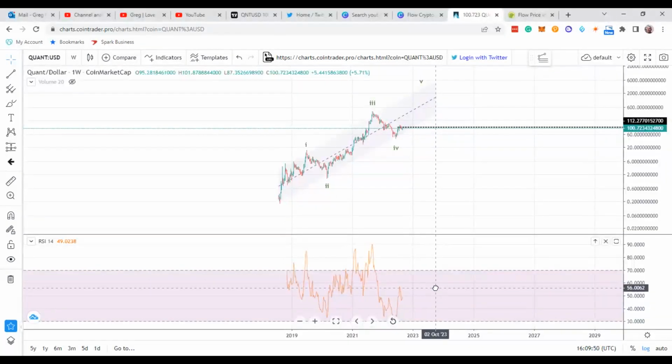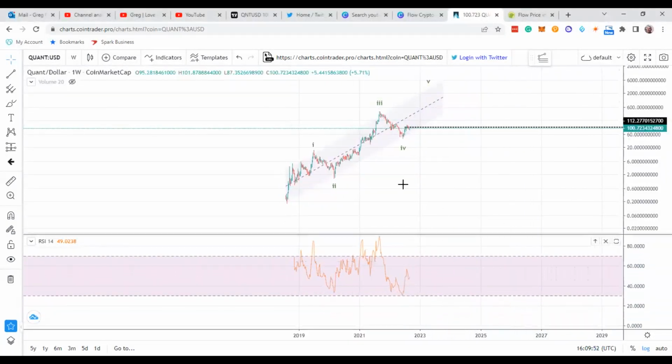And if you come down here into the RSI, which is a really handy indicator, you can see that this fourth wave took everything out. What does that mean? It took everything out to reset everything else over here and be able to make another wave run and go up back over there.